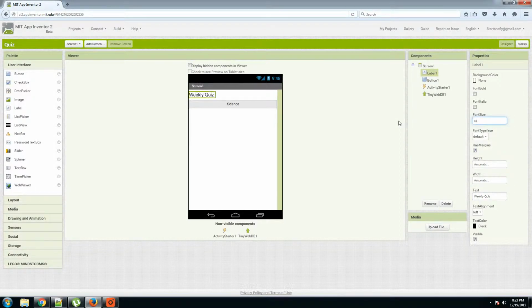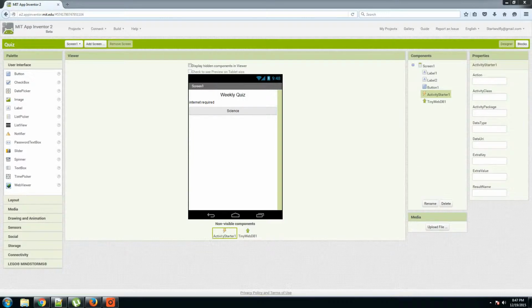Increase the font size to 18 and we'll align it to center, background color to green. Okay, and we add one more label saying we need internet to this. Internet required.